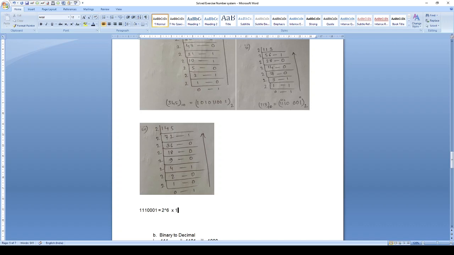Into 1, plus 2 to the power 5 into 1, right? Then plus 2 to the power 4 into 1,